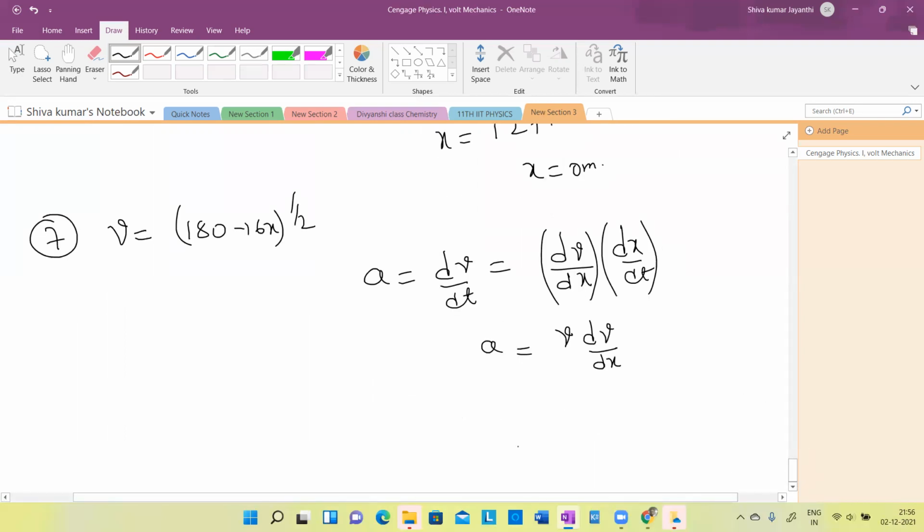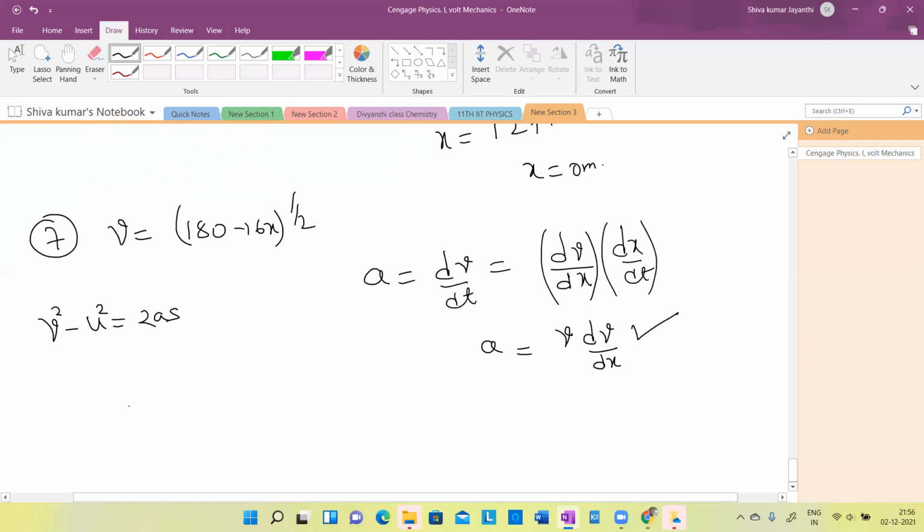Yes, you have seen it, but you forgot it. This equation was useful for finding that equation of motion. V square minus u square equals 2as came from this only, no? If you integrate this equation on both sides, you will get this equation only. V and u are the limits of the velocity. Then you will get this. You remember, while we were deriving the equations of motion, we used this equation, so we are going to use that here.